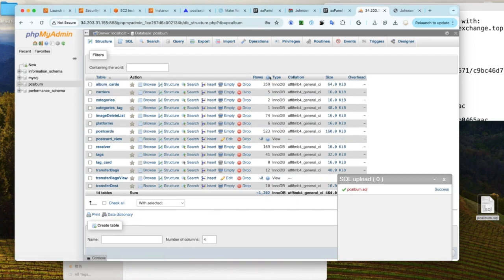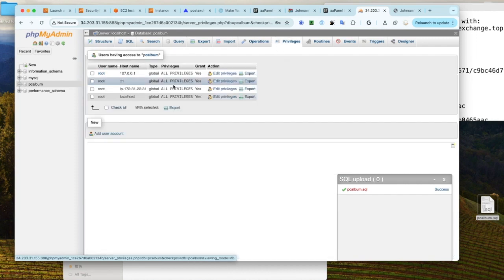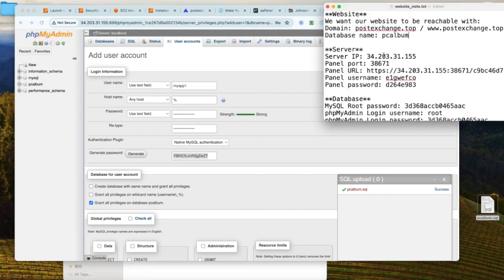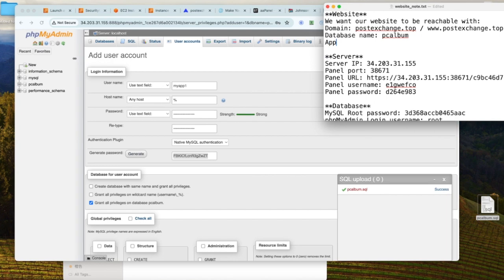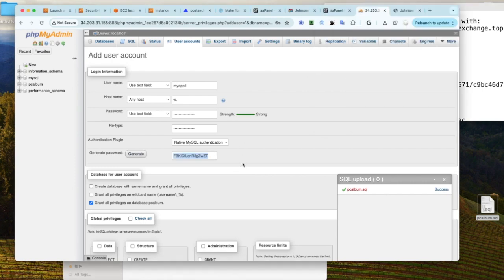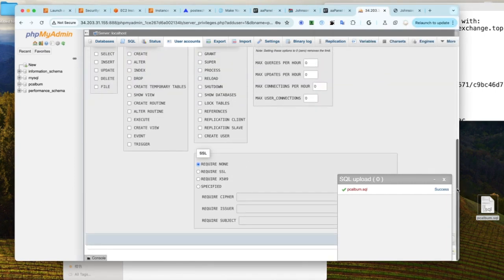And let's connect our app to the database. We want to create a user account for our app. So let's add a user account. Let's name it my app 1, or give a name that you like, and let's generate a password for this app. App DB username my app 1, app DB password is the one we generated, and hit go,